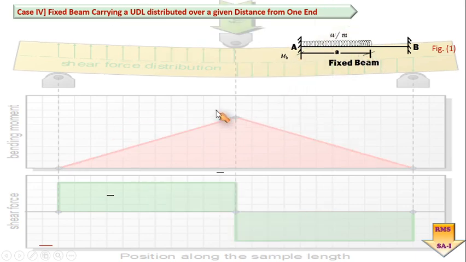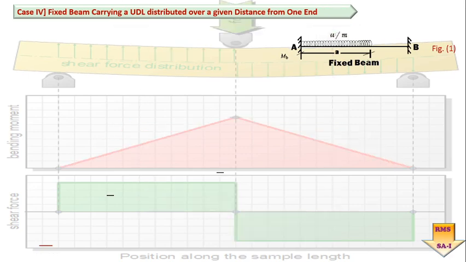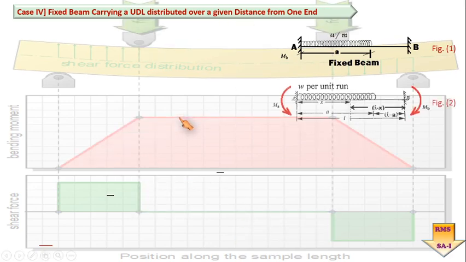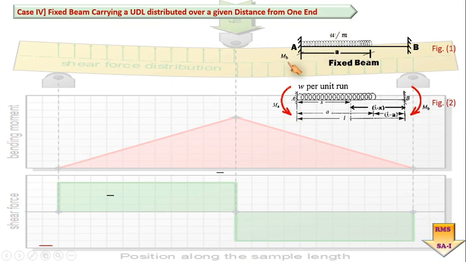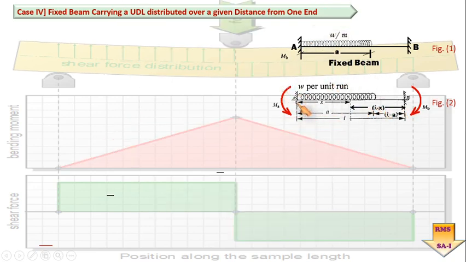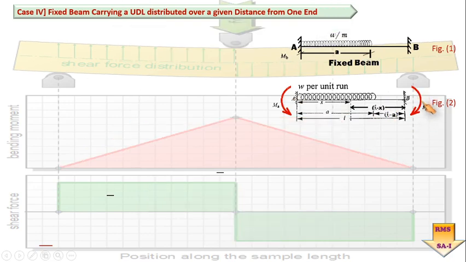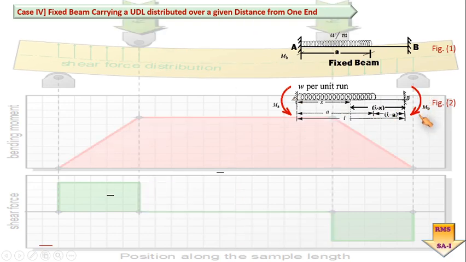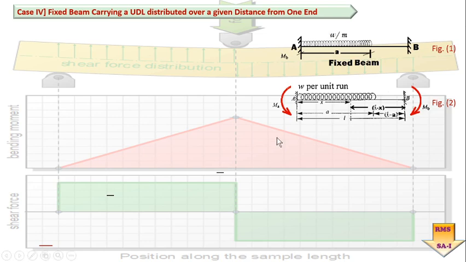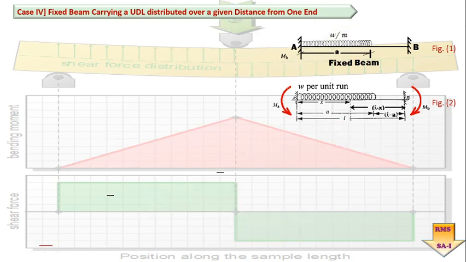So in this particular case, if you remember the chronological sequence to analyze a beam, let us see those sequences one by one. So we know that we have to understand the combined effect of the fixity as well as the simply supported beam. So here you can see I have tried to show the combined effect of both the simply supported beam as well as the effect due to the fixity at A and B. But to analyze this type of problem, we have to go with the very basics, what we have already learned from case 1 to case 4.